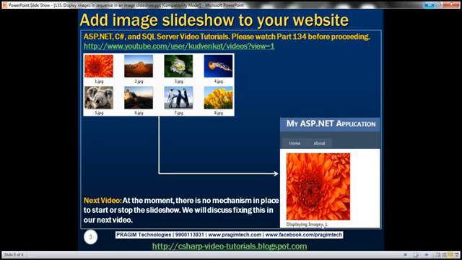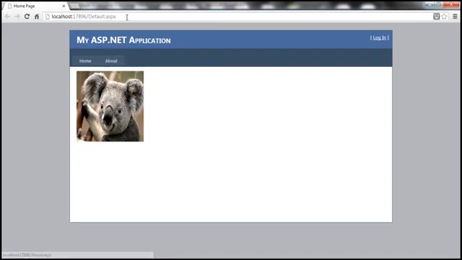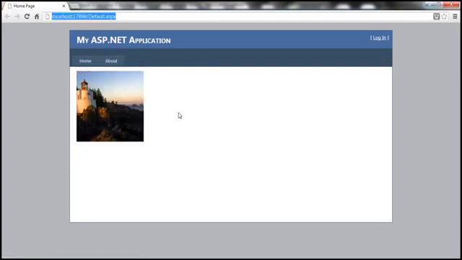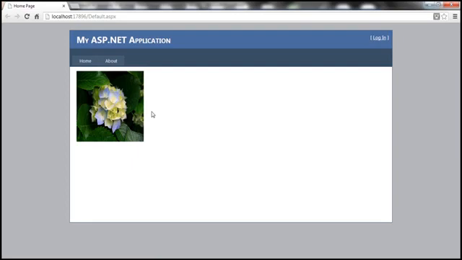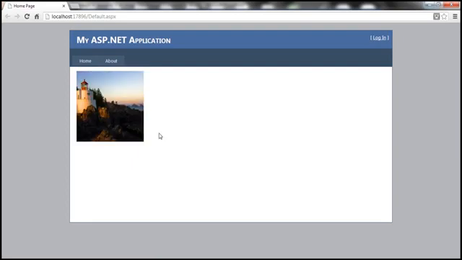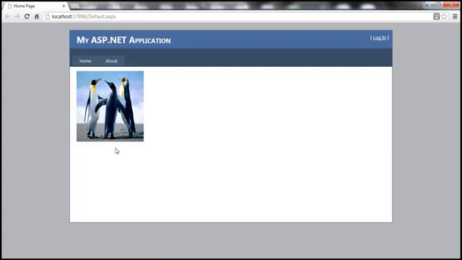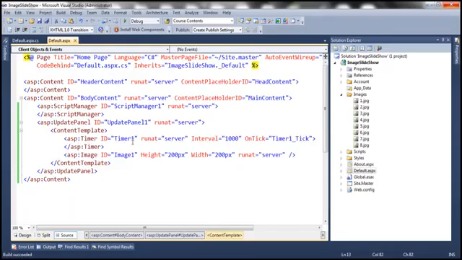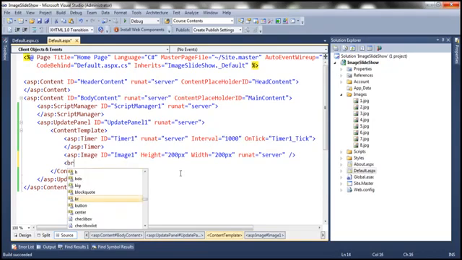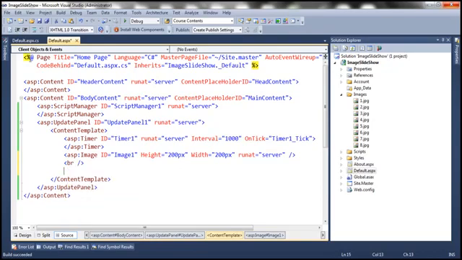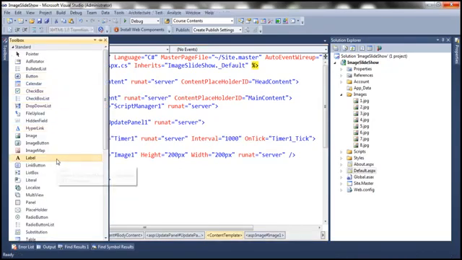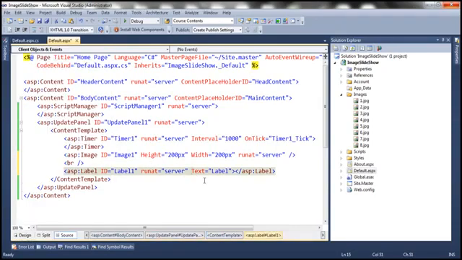Okay, so first of all, notice the state of the application. It's displaying an image, but we don't know whether it's displaying these images at random or in sequence. To prove that these images are being displayed at random, let's display the image number. And to achieve that, I'm going to include an HTML break here, and then drag and drop a label control. Get rid of this text property,